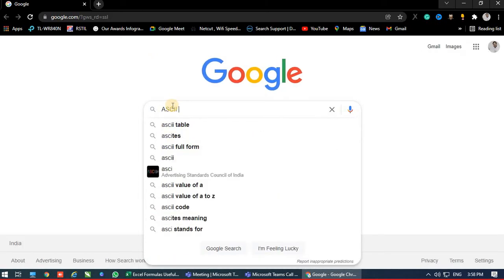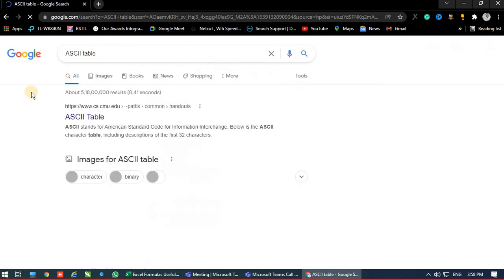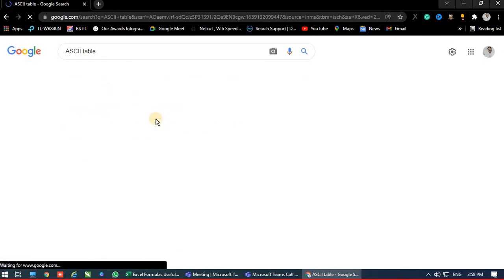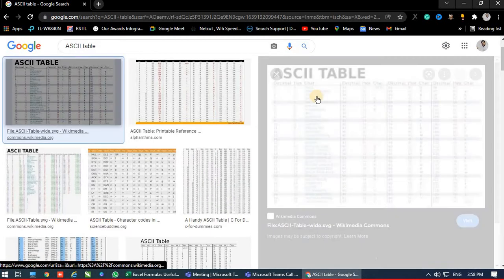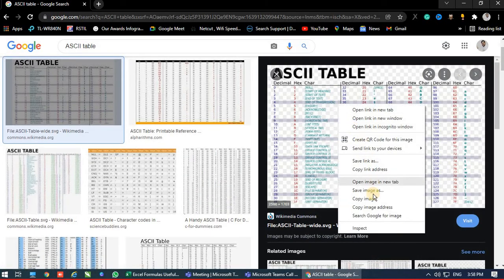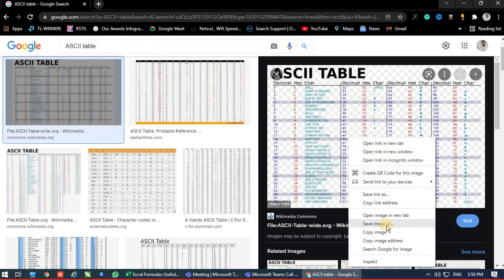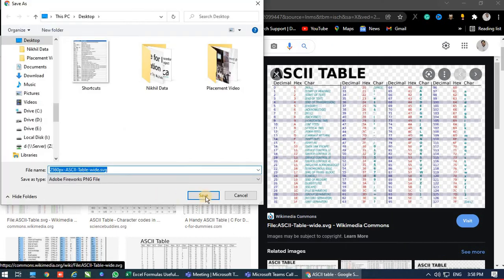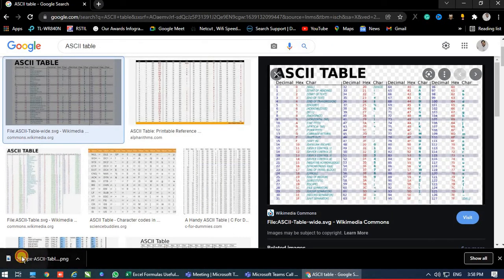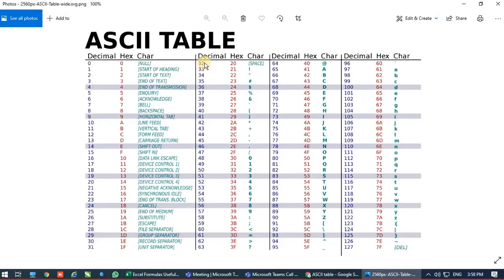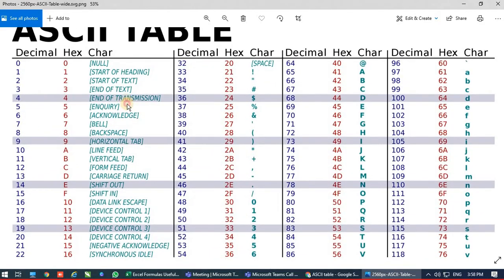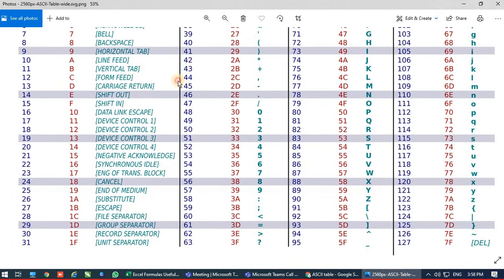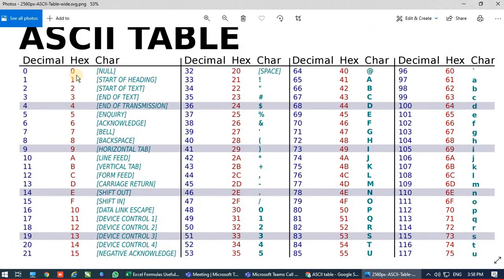ASCII table. So this is the table. I'll just save this picture. So guys, you can see there are different characters. All the characters are converted into numbers.